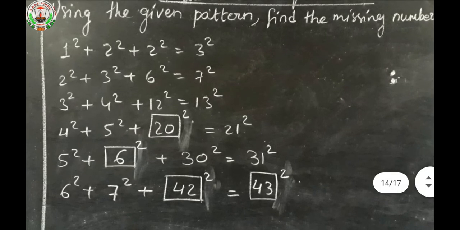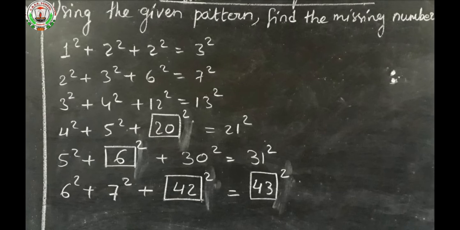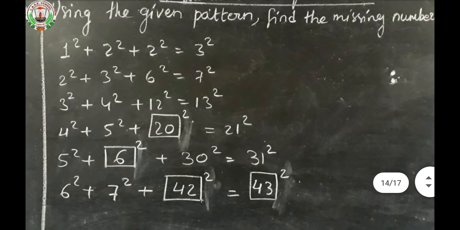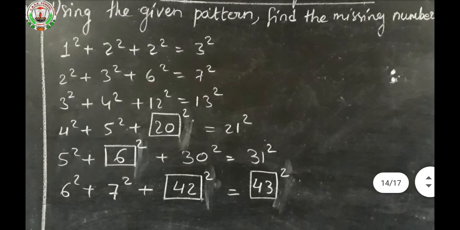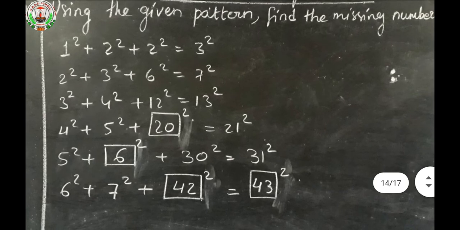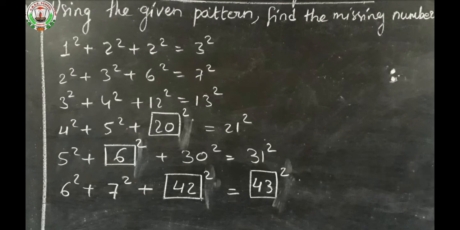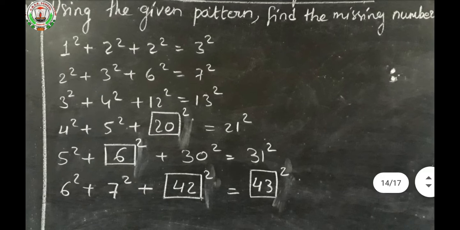So how will you know which number comes in place of the bracket? For that you have to solve the step 1, 2, 3 and see it. That means 1 square will be 1, 2 square will be 4, 2 square will be 4. So 4 plus 4 plus 1, how much? 4 plus 4 is 8, 8 plus 1 is 9, equal to 3 into 3, how much? That is again 9. That means LHS and RHS must become the same. So you have to think of that number, so that while keeping that number in place of the bracket, it will equal the right hand side. Clear?